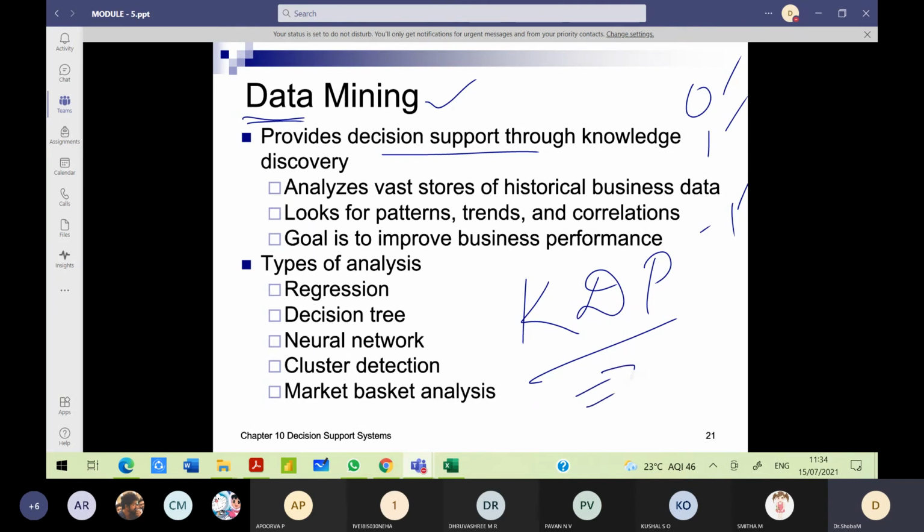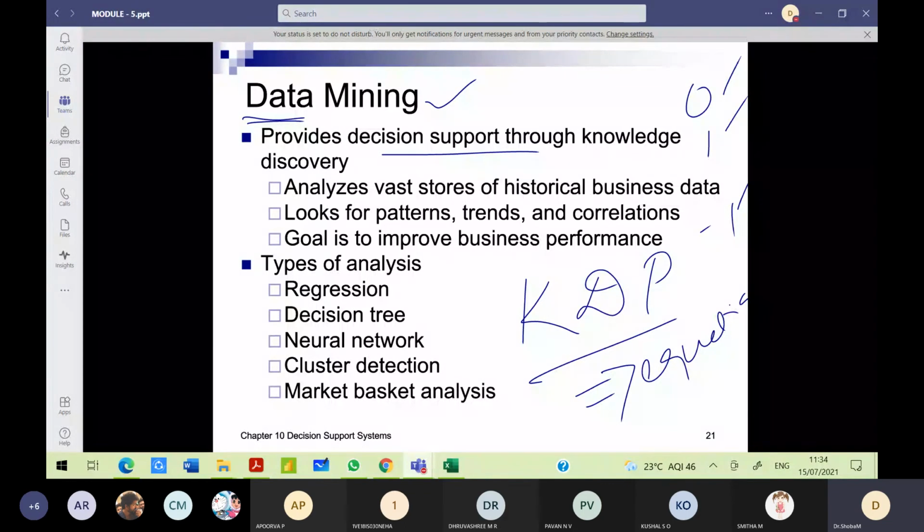Can we define an equation for the relation of the data? So many things come into the picture. Even though you have data in terms of characters, you can still formulate an equation. So this is what data mining is all about.